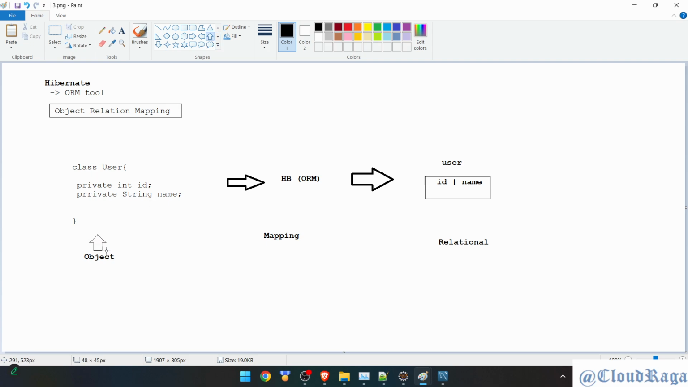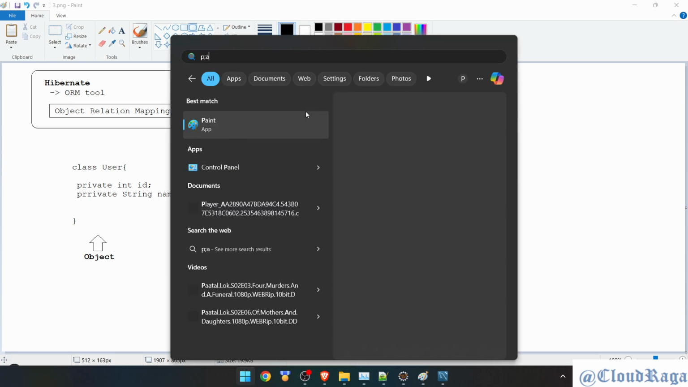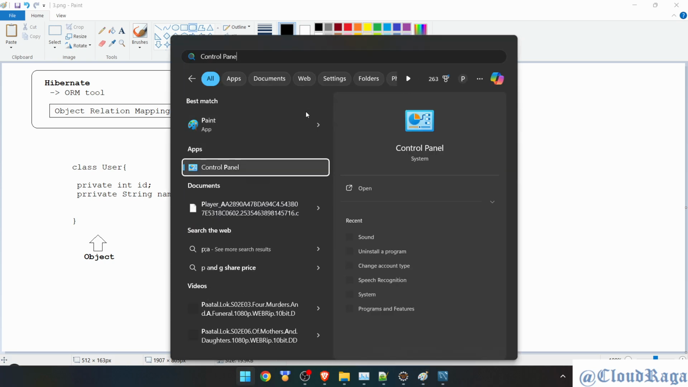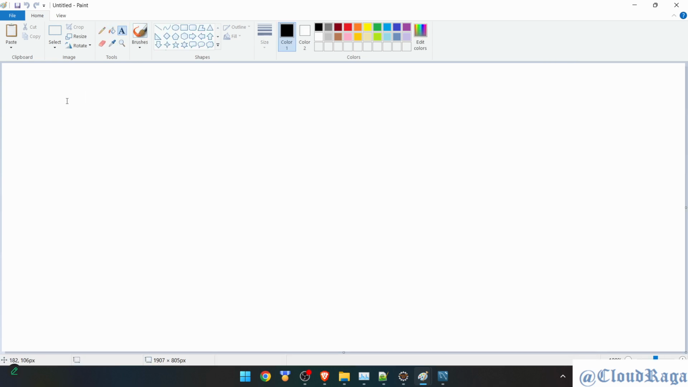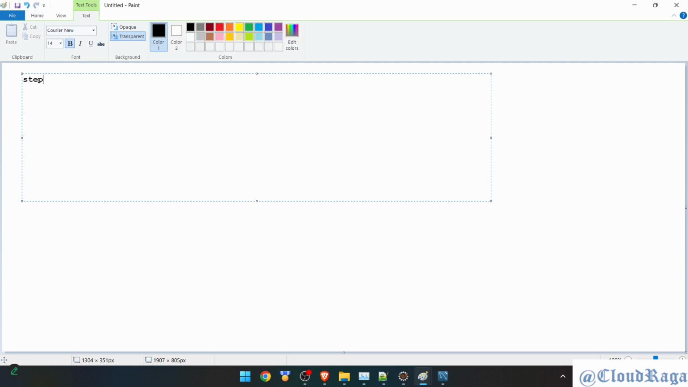Now we have an idea what Hibernate can do, and we have understood the terminology. This ORM stands for what? So we can move forward with the steps. How to create a Hibernate application. So step first is